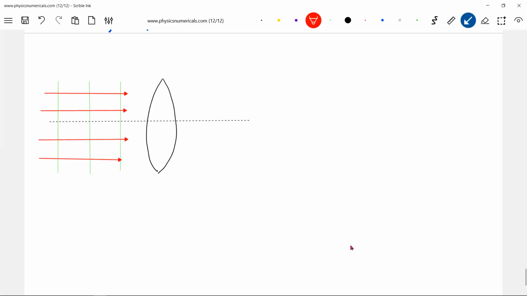The arrows are the direction of the path, the green color lines, the vertical lines are the wavefront. So that's the convex lens. So the wavefront,